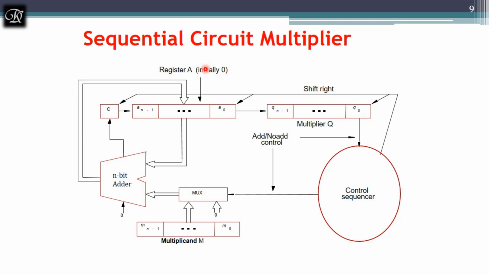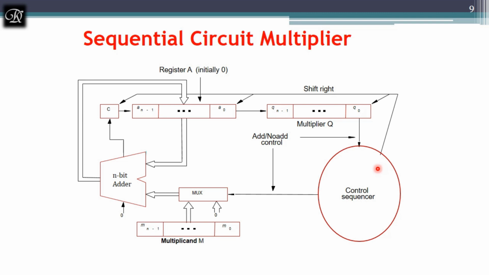Before getting into the example, let's see how the circuit looks for a sequential multiplier. Here we have a control sequencer. Just like in the previous video, where I discussed how you can use an adder as a subtractor, with a control signal called add or subtract: if it is 0, we add, and if it is 1, we subtract.